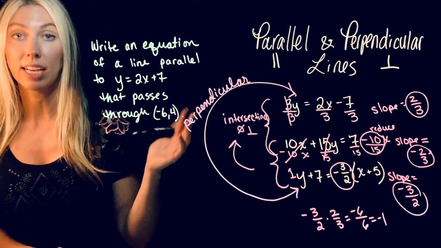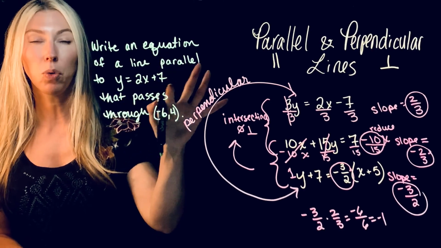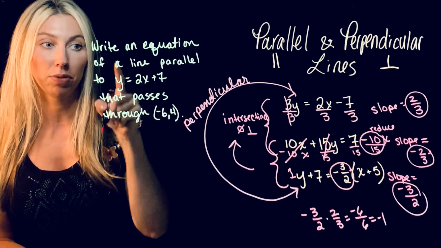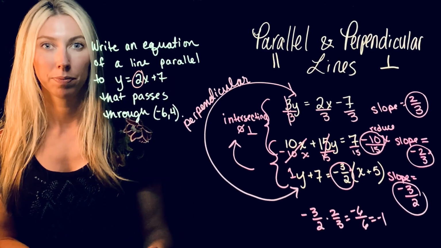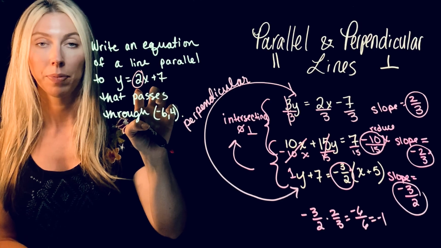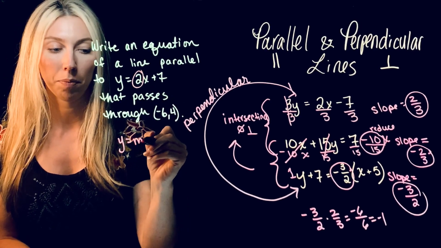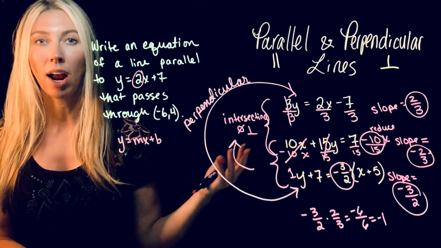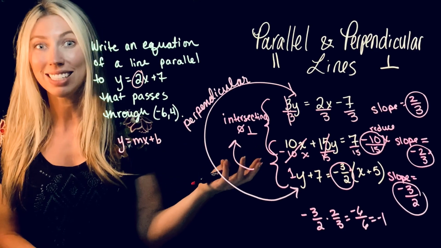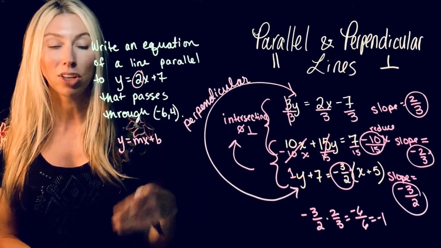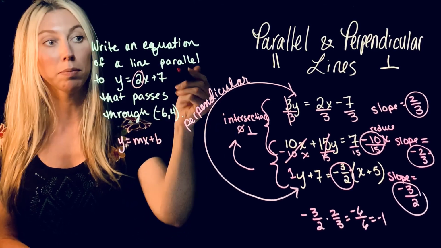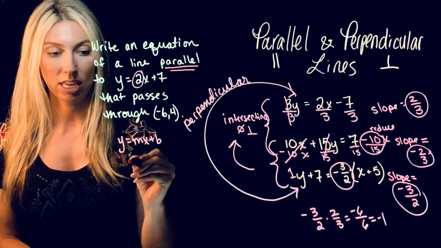So in this one, they're asking you to write an equation of a line, and they gave you an original line. So basically, you have to take this line, and the only thing you care about from the original line is the slope. That's it. Do not worry about the y-intercept. Just use the slope. And basically, you're just going to write your new problem the same way you did whenever I gave you 2 points and had you write a linear equation. You had to find the slope. This is even easier because we know the slope. And then you just have to plug in the x and y to solve for b. So that's it. Just take the same slope as long as it's parallel,